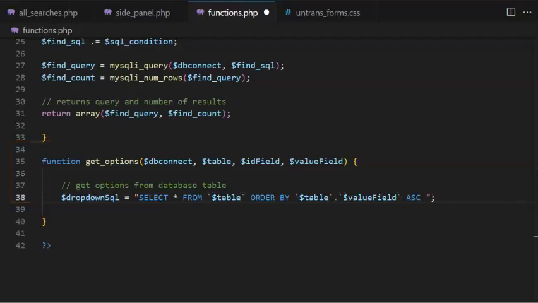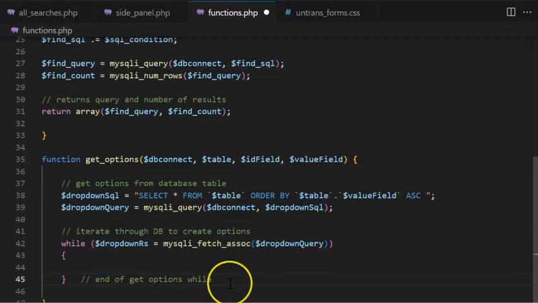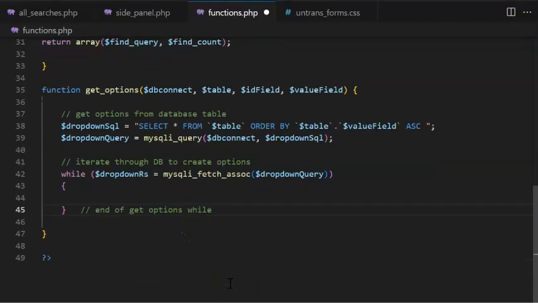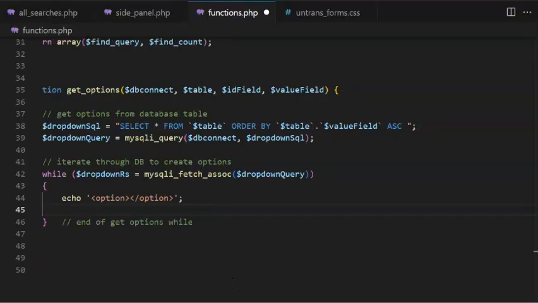Our first step is to get the options from the database table, either languages or sentiment. So we're going to use the table name and the value field. We can create a query using this SQL, and we can then iterate through the results of our query and populate our dropdown. For each option, we need an open and close tab. Inside our open tab, we have a value, and between the two tabs, we output the name of the language